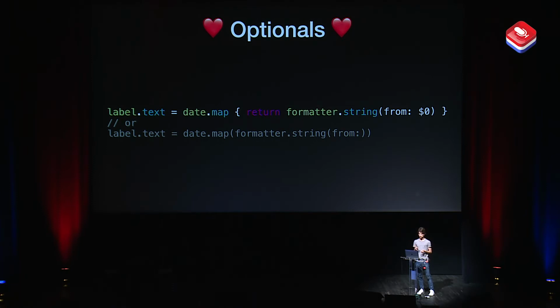And now, with this map, we can actually rewrite our transformation. We can do date.map. Inside the map, we give it a closure. It's a closure that uses the formatter and feeds as the input to the formatter the $0, so the argument of the closure. It's a much shorter syntax. We could actually even omit the return keyword, as it's not mandatory in Swift. We could also pass directly the function in a point-free style,